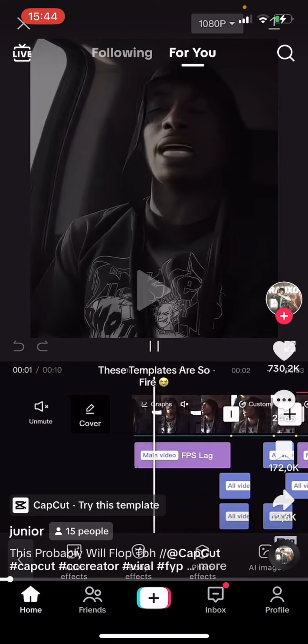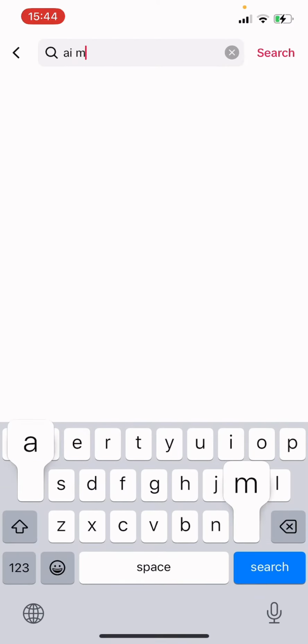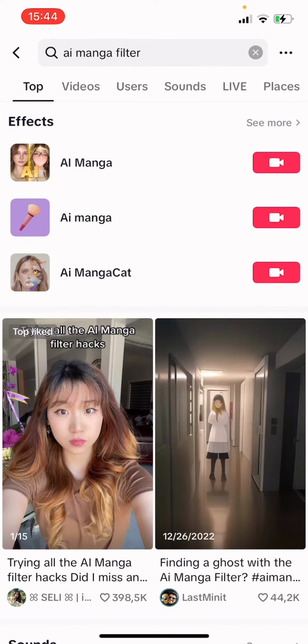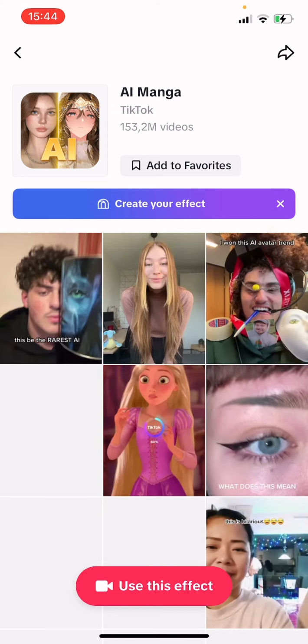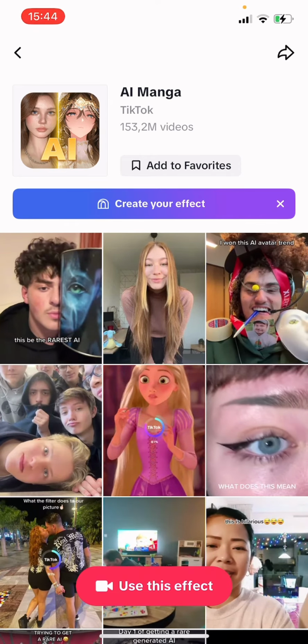And when you open TikTok, you see this search bar and you search for AI manga filter. And when your TikTok is updated, it shows the filter right here, and there you can use it. So when you click on use this effect,